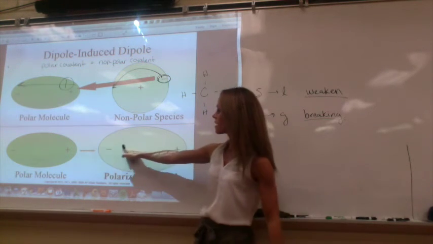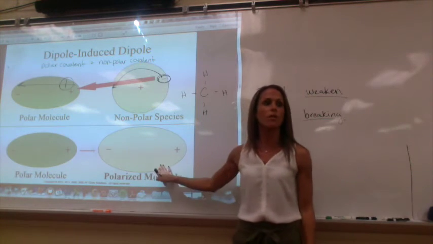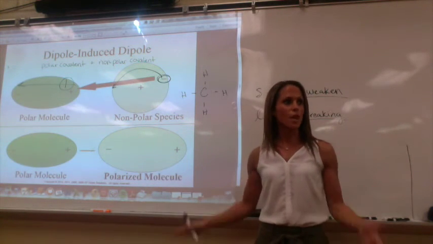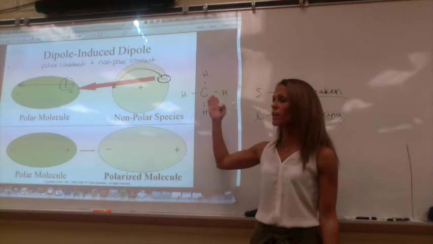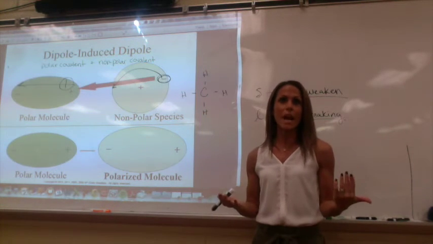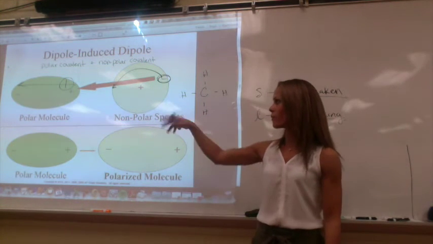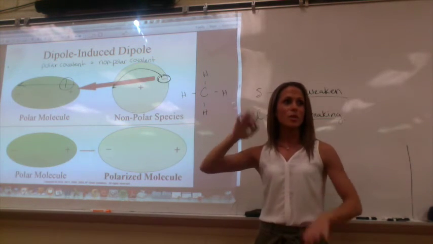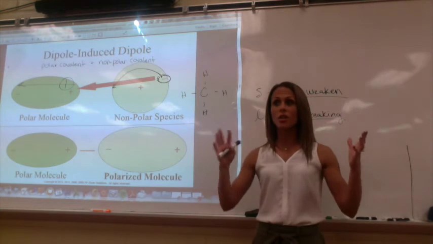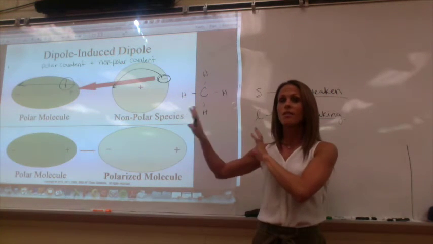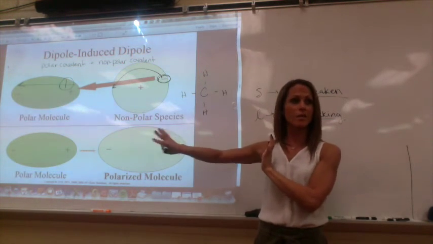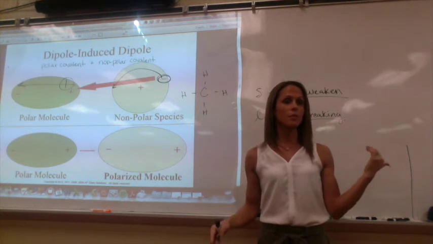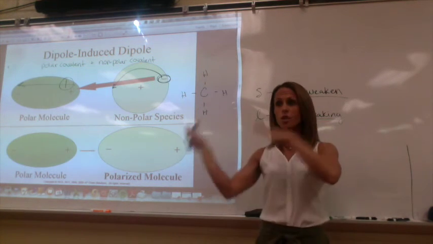But it's enough of a tug to pull on those electrons to create a temporarily induced dipole moment. So that's why they call it induced, because it's making it happen from another molecule, not on its own. Does that make sense? So it's nonpolar, but the electrons whoosh to one side, temporarily creating a negative end of that molecule, and then the other end becomes temporarily positive. And then it whooshes again.